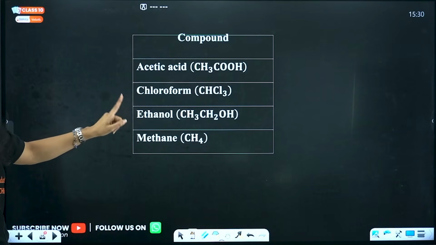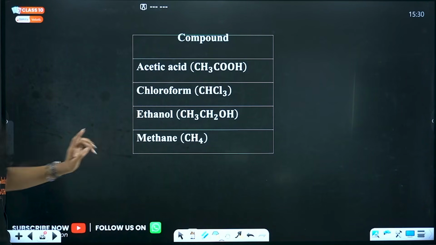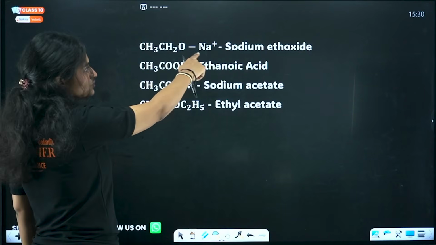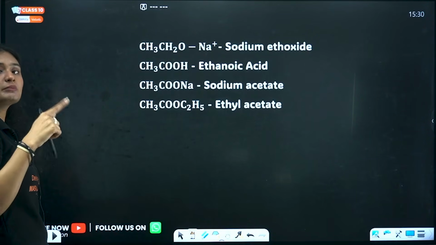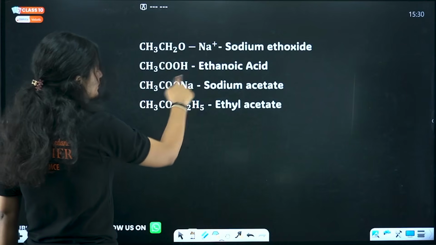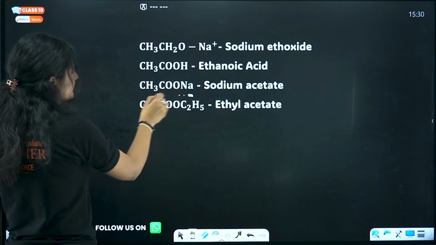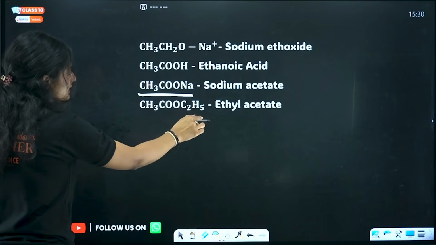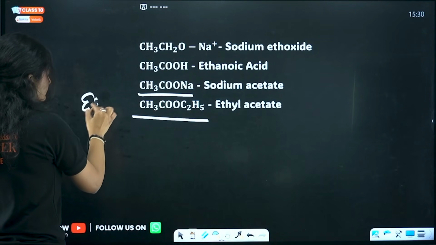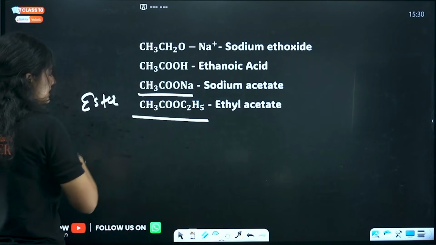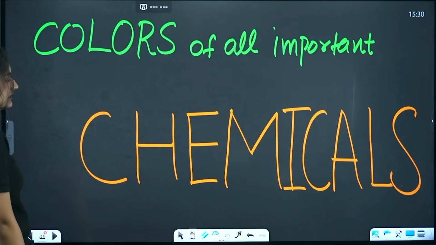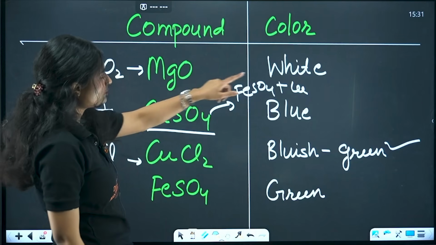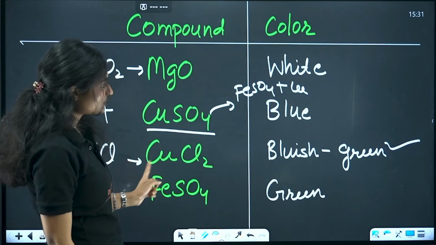Chloroform is CHCl3, ethanol is CH3CH2OH, and methane is CH4. Sodium ethoxide, CH3CH2ONa, is formed when ethanol combines with sodium. Ethanoic acid, again, gives sodium acetate when sodium metal combines with ethanoic acid, and this is ethyl acetate. This is an ester. Then all the important chemicals we have: magnesium oxide, white color; copper sulfate, blue colored;